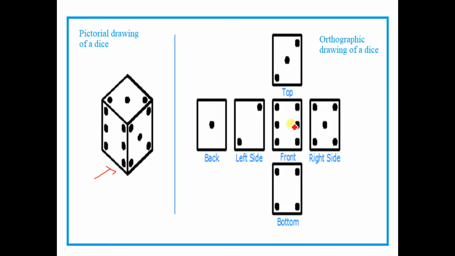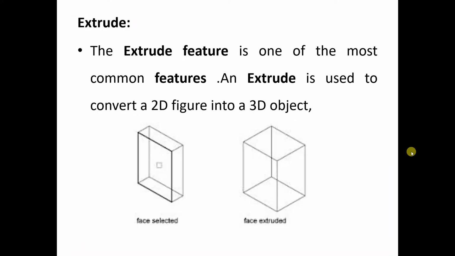In first angle projection, how will the image be? The front view will be here, the top view will come down, the bottom view will come up, the left side view will come here, and the right side view will come this side. So this is how the first angle projection will be. Just for knowledge purposes, we are discussing this one. Okay, orthographic projection, third angle.